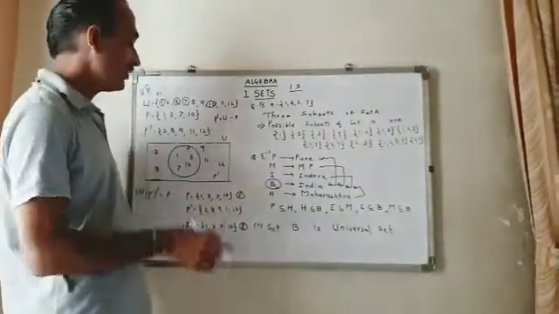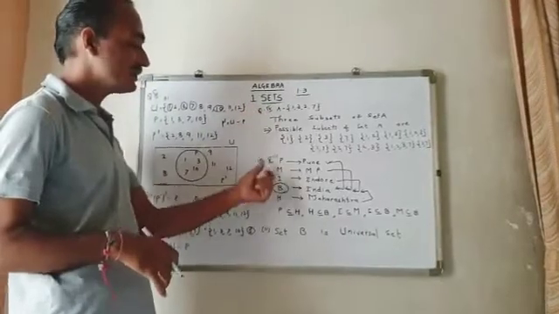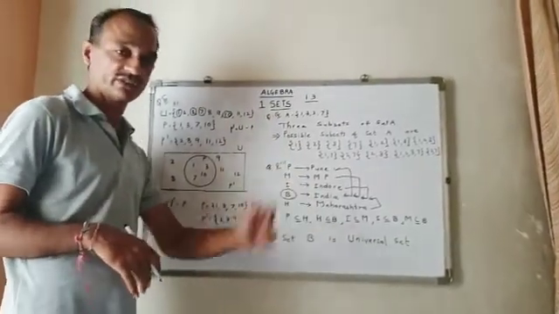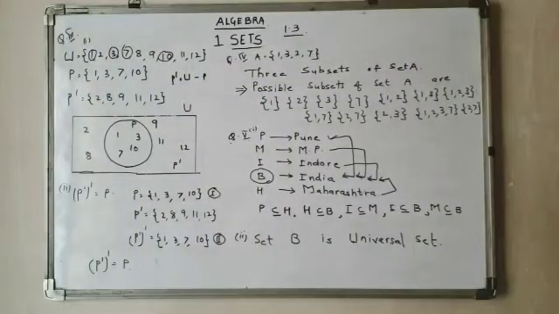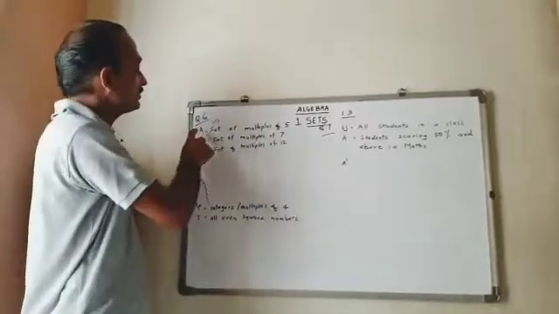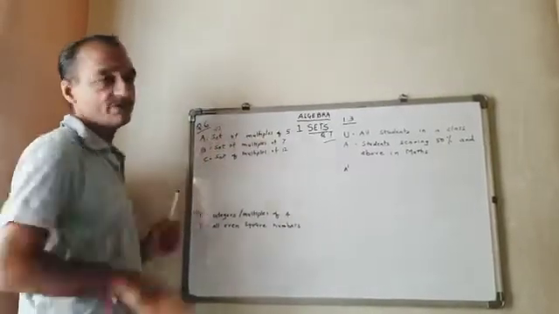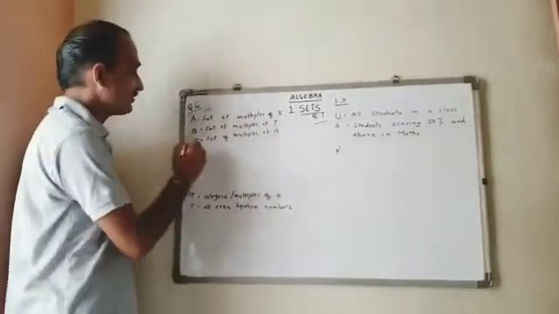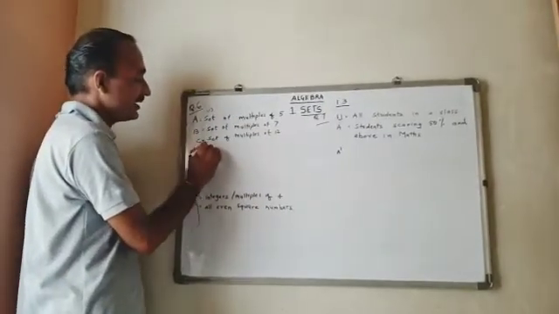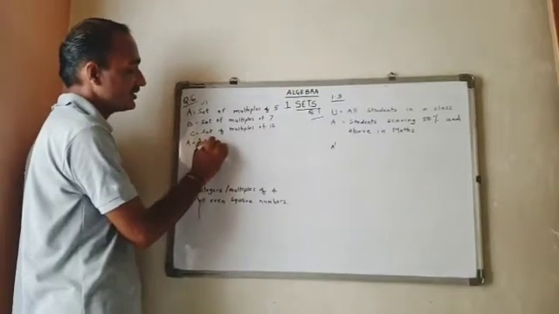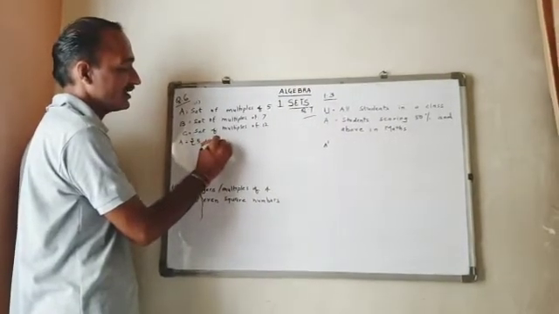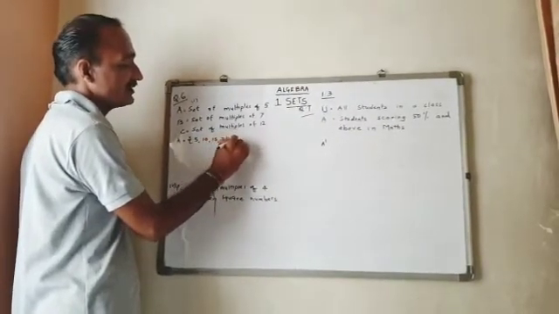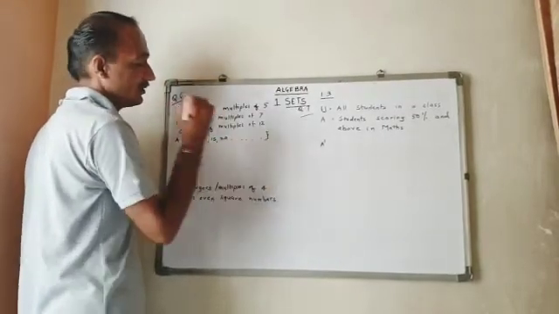Okay. Now in the next, we'll go. Please go through this. Next we'll go for question number 6. It says find out the universal set for all this. A is a set of multiples of 5. Now which are the multiples of 5? Let's write: A is a set of 5 ones are 5, 5 twos are 10, 5 threes are 15, 5 fours are 20, and so on.